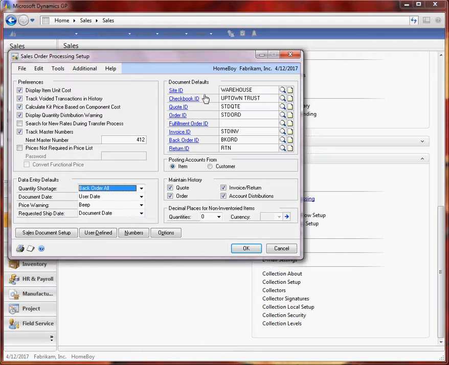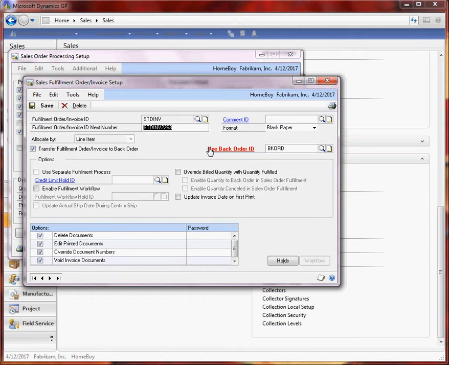Up here in the upper right, we have the document defaults. So we have our default site where we ship from, our default checkbook ID, in a scenario where a customer will give us a deposit, we would know what checkbook to apply that to. We have our quotes, orders, invoice, and back order and return IDs all set up. So we're going to take a look at an invoice ID